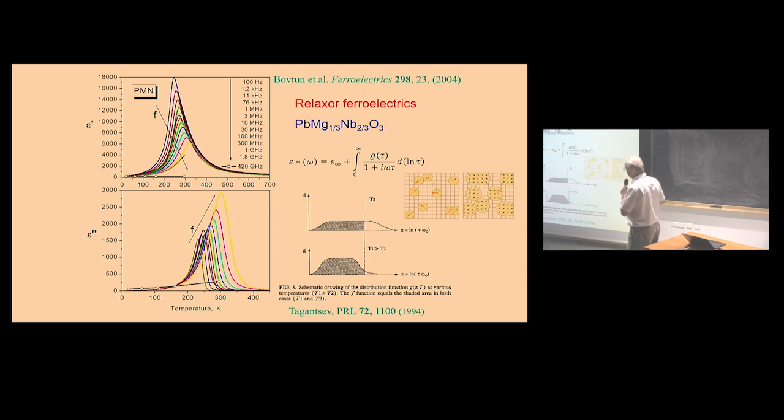And Tagantsev explained it correctly that practically you have finally at low temperatures very broad distribution of relaxation times or relaxation frequencies,